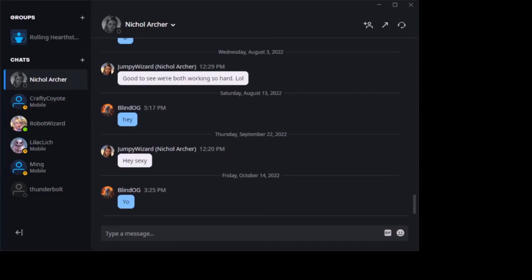you navigate around, get into your social stuff, get into your group. Make sure also to join the Rolling Hearthstones. You can go and search for groups